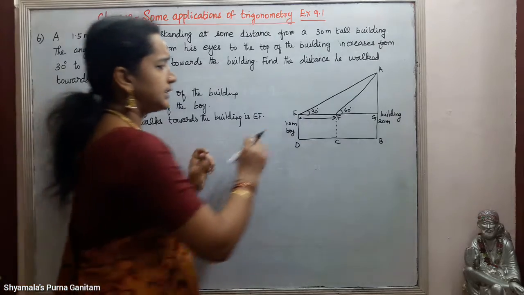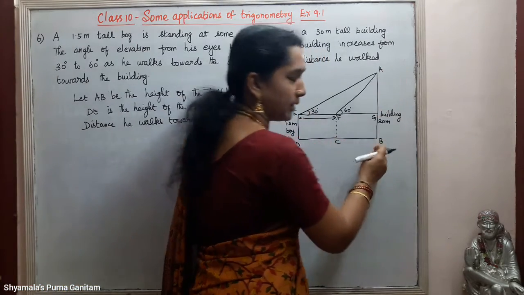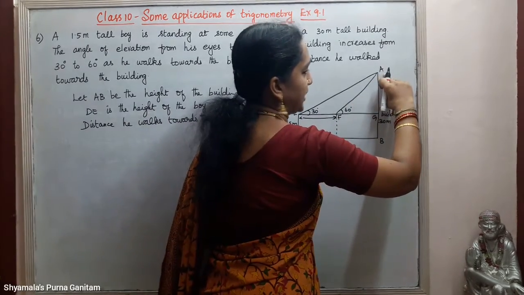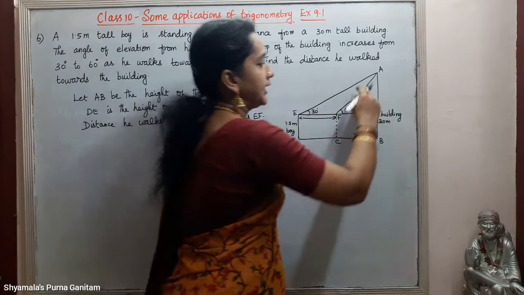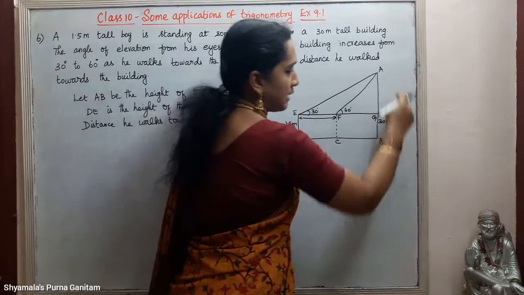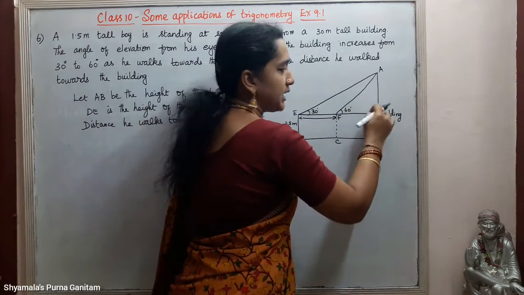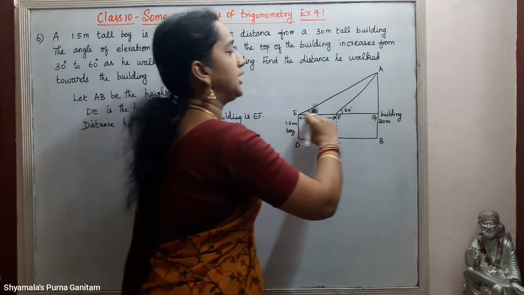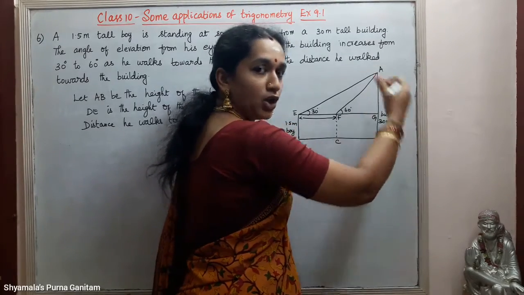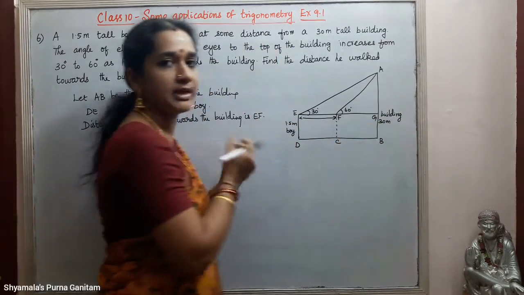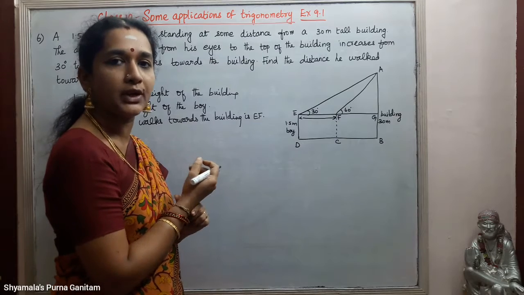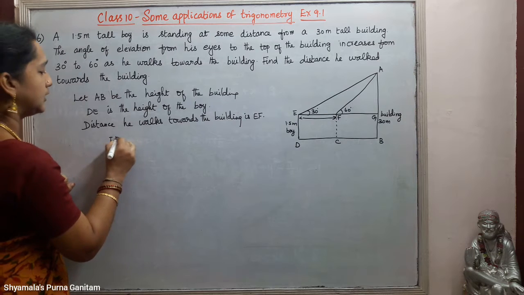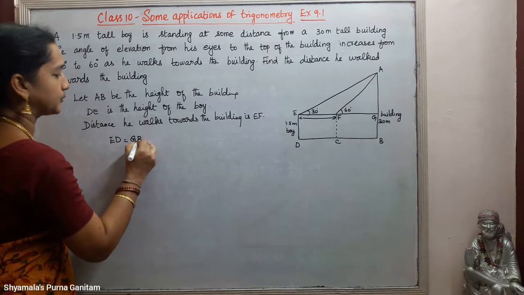Okay. The full height of the building from the ground level is 30 meter. So, the distance AG will be 30 minus GB. That is, AB is equal to AG plus GB. GB is equal to ED, and ED is the height of the boy. So, it will be the same on the building also, 1.5. So, 30 minus 1.5 will be 28.5. So, ED is equal to GB.